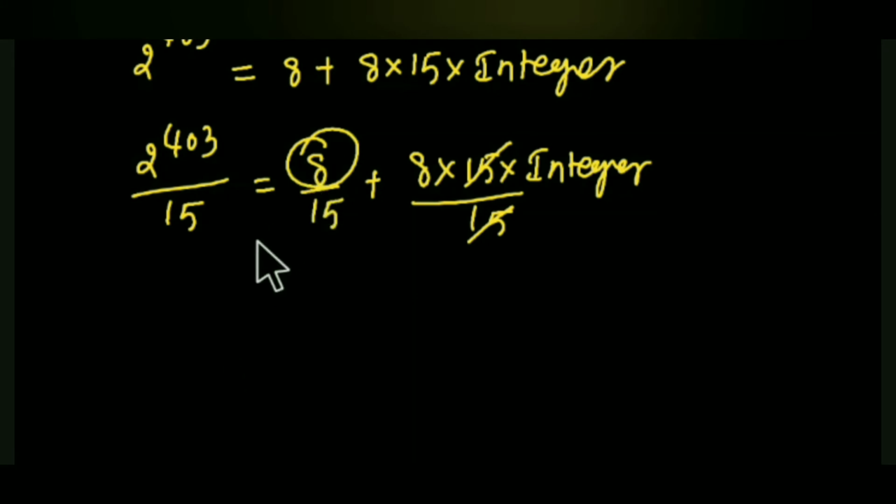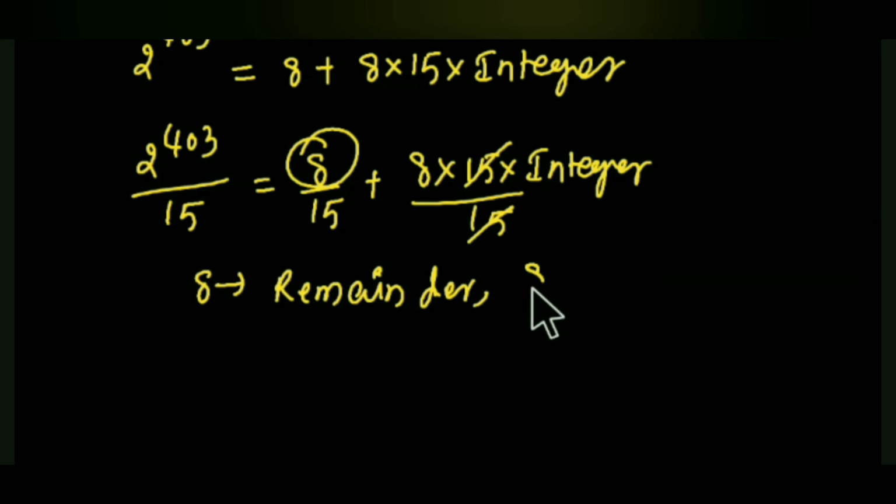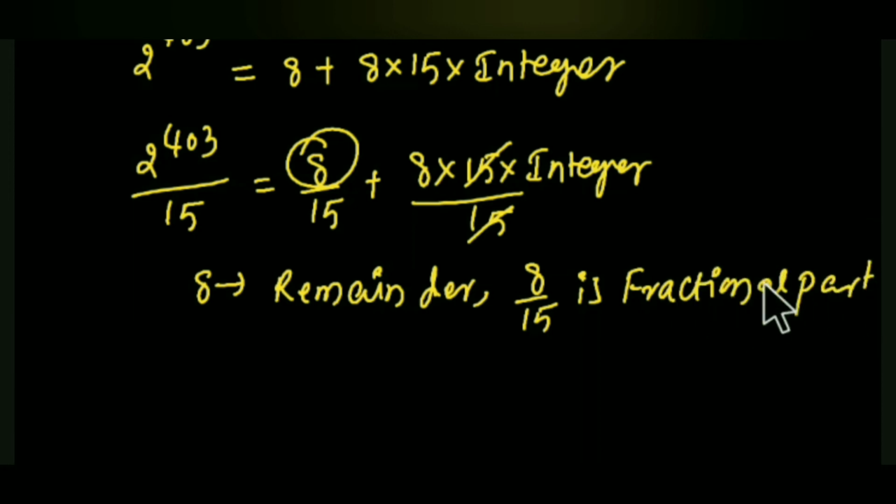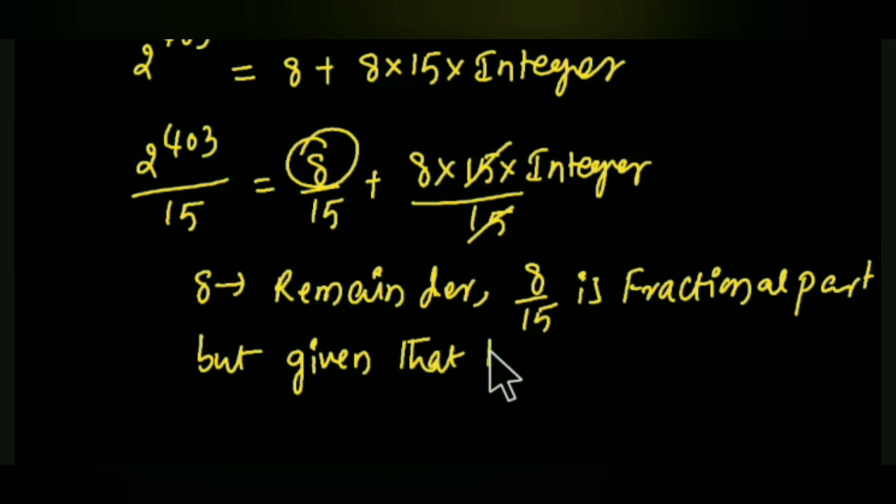So 8 is the remainder, but 8 by 15 is the fractional part. Given that k by 15 is the fractional part,